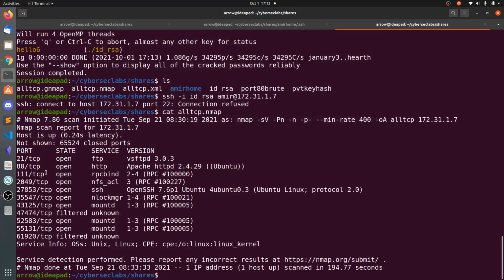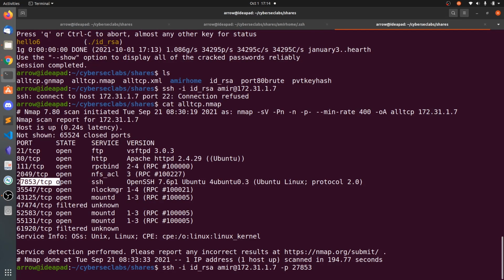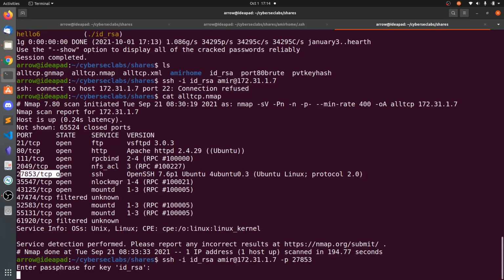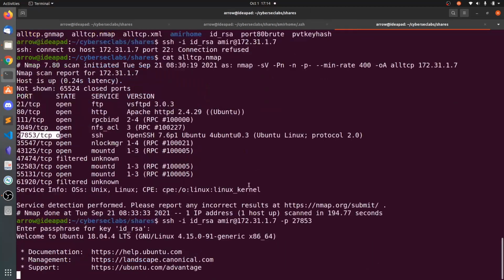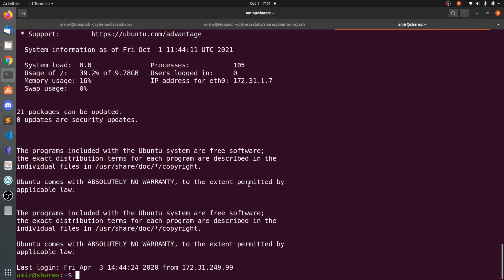I think SSH, okay, SSH port, so there is no SSH port. Okay, there is SSH port 27853, sorry, my bad, -p 27853, and the passphrase is hello6. So we have successfully logged in as Amir.